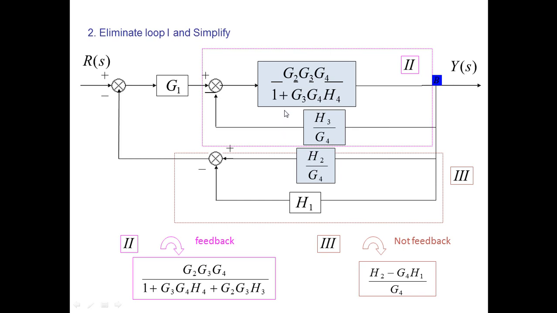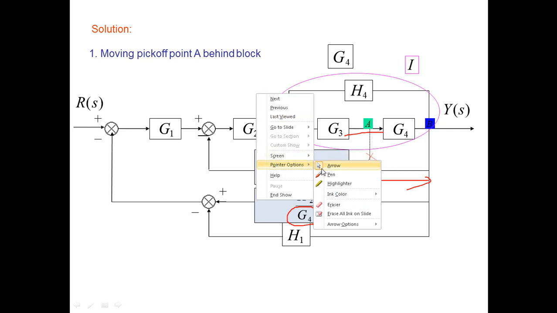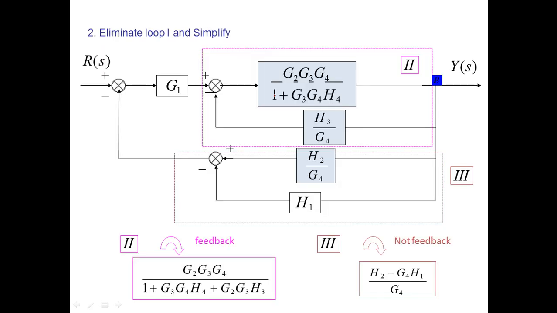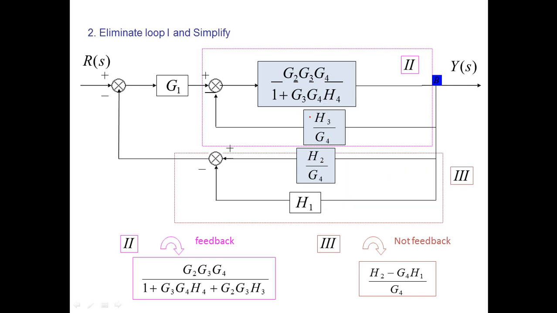So if you move this point as well, this G2 will be, after solving this, cascading with this side. So you did the same, and this G2 will be in the numerator only because it was cascaded after the feedback system. The first thing that you did was move that G4 these points to this side, point B, and then you applied the closed loop feedback over here, and then you cascaded this G2 with it.